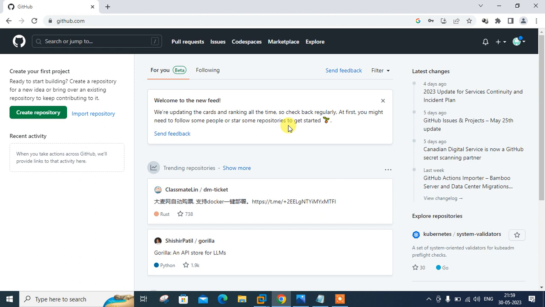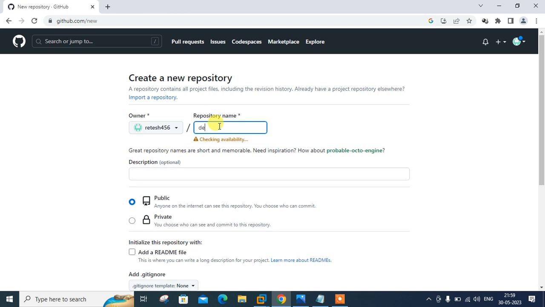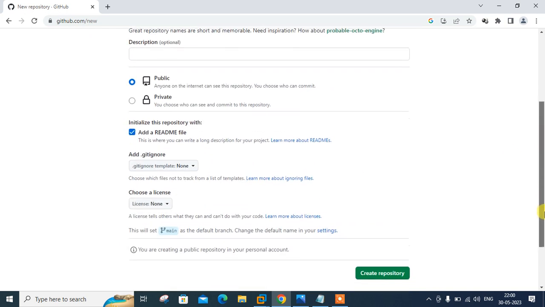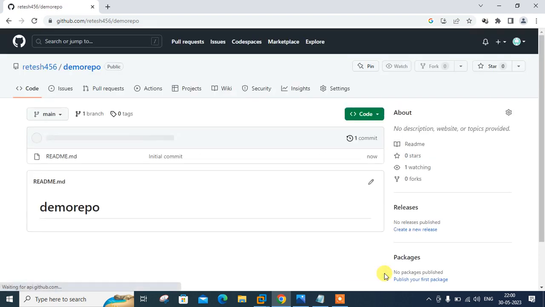Let me make a public repository for this demo. Later on I will remove this repository, right? So click on create repository, give the name, see-demo-repo. Yeah, it's available. Okay, click on add README file, scroll down and just click create repository. Sounds good. Now the repository is successfully created, and you can see that currently there is only one file,